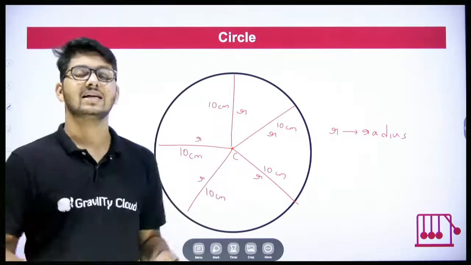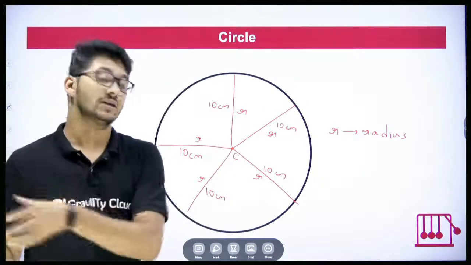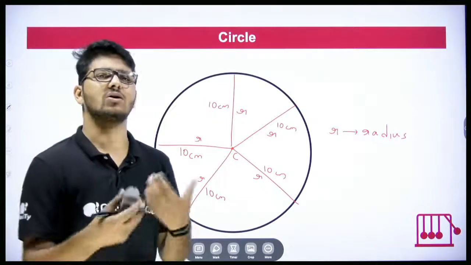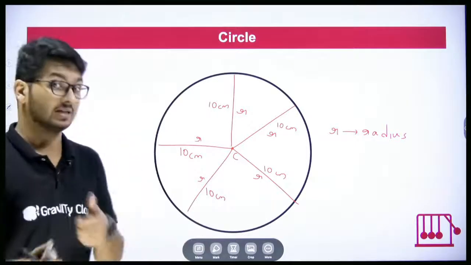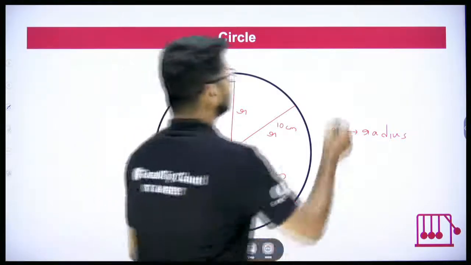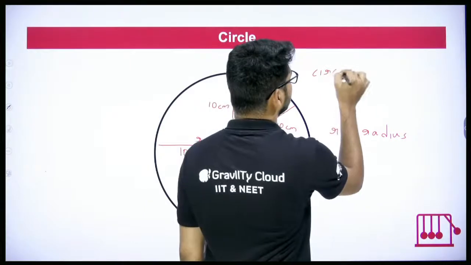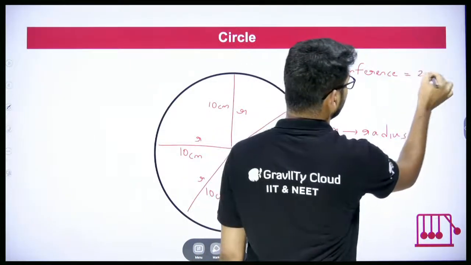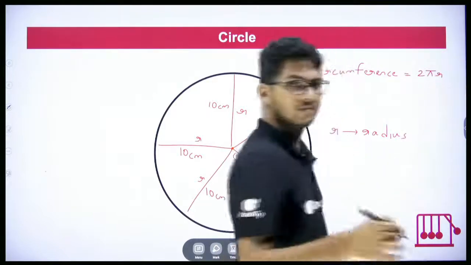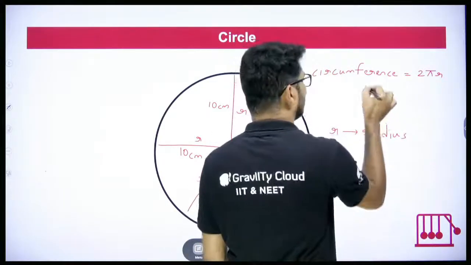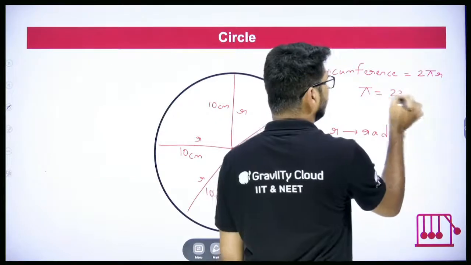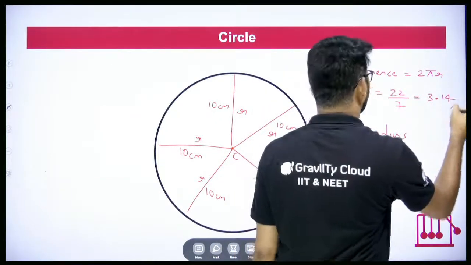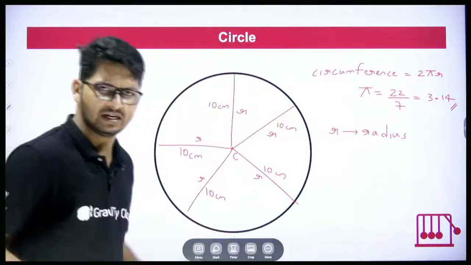You can also get the area using the formula for the area of a circle. Area of a circle is pi r square. But our concern is not about area here, but the circumference formula is important. Circumference of a circle, what is that equal to? Circumference of a circle is equal to 2 pi r. What is pi? Pi is just a constant whose value is 22/7, or in terms of decimals it is 3.14. That's it. That is what pi is.